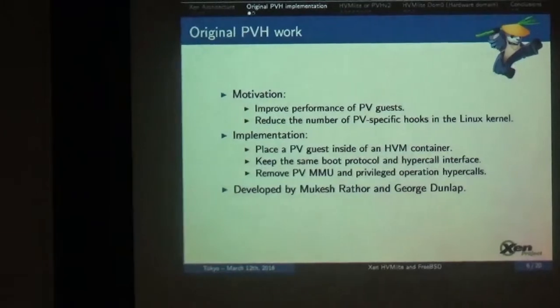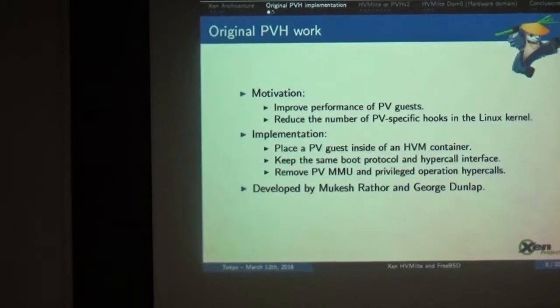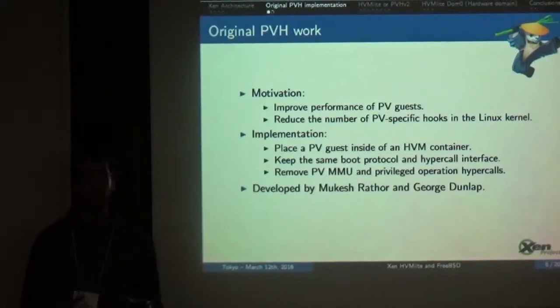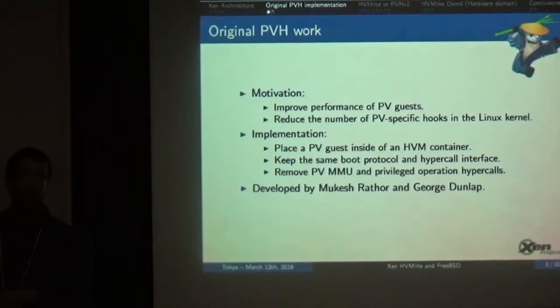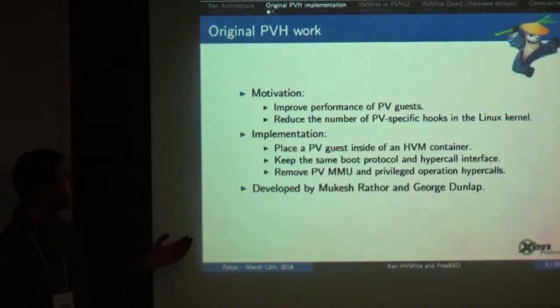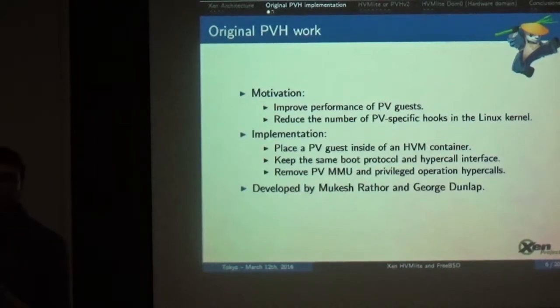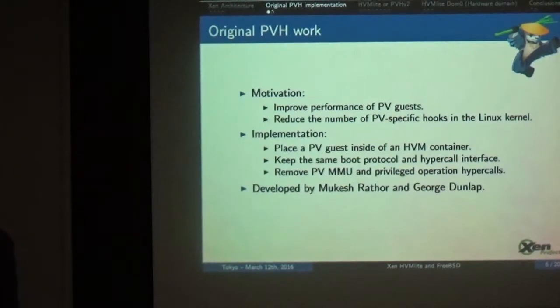So Oracle started the original PVH work, which at that time they believed that the easiest way to get this was to pick a PV guest and provide it with a virtualized memory management unit. They did exactly that. They picked the typical PV guest and added VMX code to it in order to provide a virtualized MMU to it. So you no longer need to use hypercalls in order to modify the page tables or to execute privileged instructions. This was motivated by two things. The first one was performance. The other